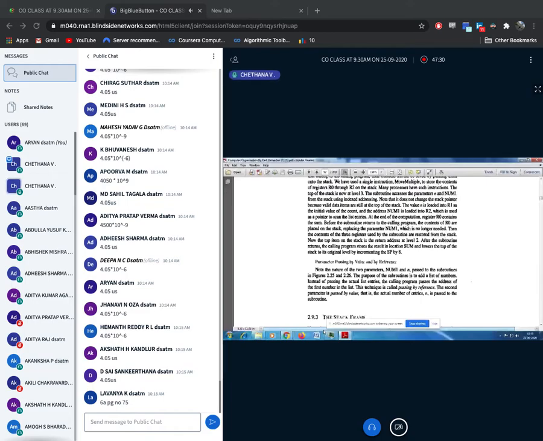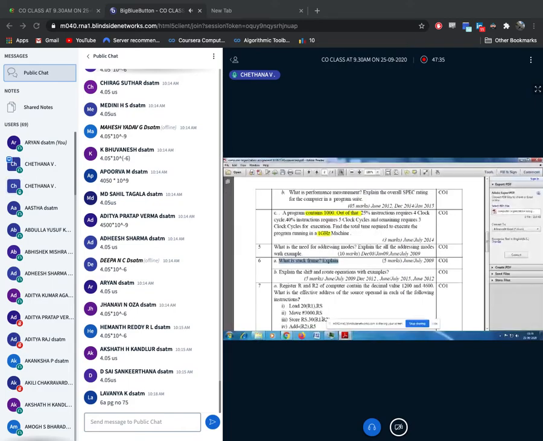Next one, I take the next assignment question. If I feel I want to explain it, then I'll explain it. Shift and rotate operations. Just see the shift and rotate operations. What are the shifters? Arithmetic shifter, logical shifter. Okay. So rotate, what? Rotate left with carry, without carry. Those answers you have to write. If you want me to show that, I'll show it here. The page number for that is